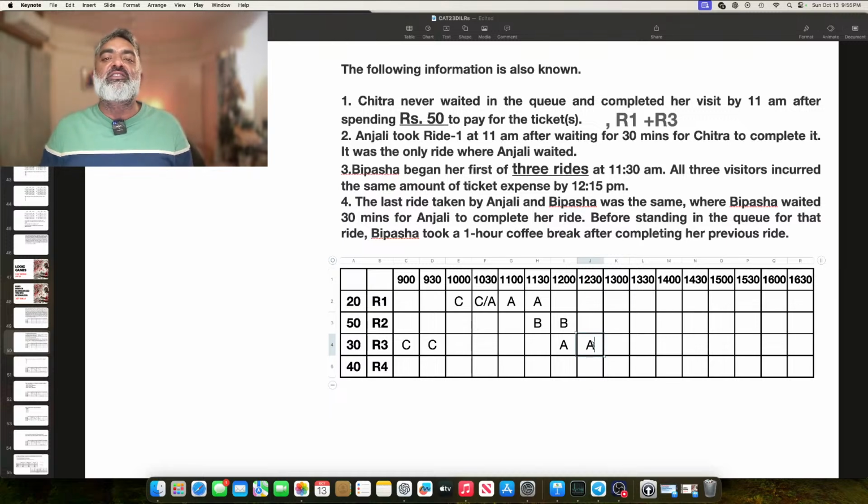And where am I getting this from? That A has also spent 50 rupees. I know 50 rupees can be created by, because I already know he has spent 20 rupees on ride 1, so R3 has to be the ride. But where is it? Only after finishing it. How do I know it is after finishing ride 1? Because I cannot place A before 10:30 anywhere else, right? So I'm bound by the other conditions. So great. I have spent very little time and put in very little effort, and I've already figured out 90%